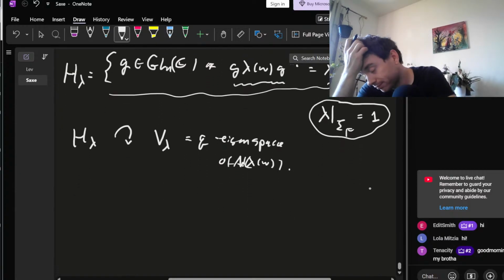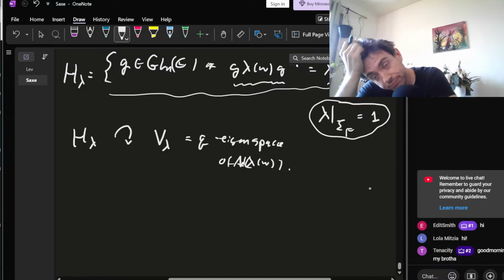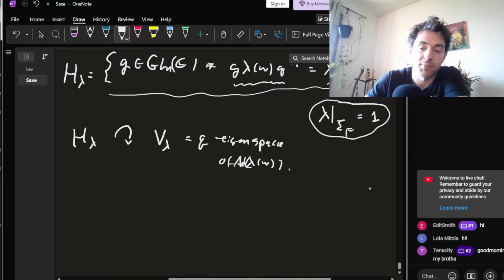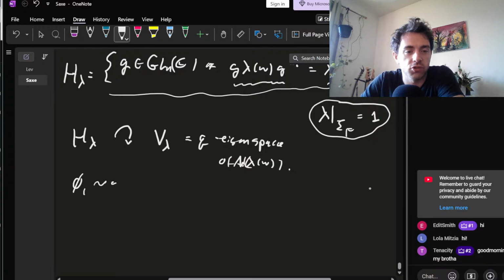So, yeah, sorry. The point is, basically two Langlands parameters are equivalent if and only if their images are